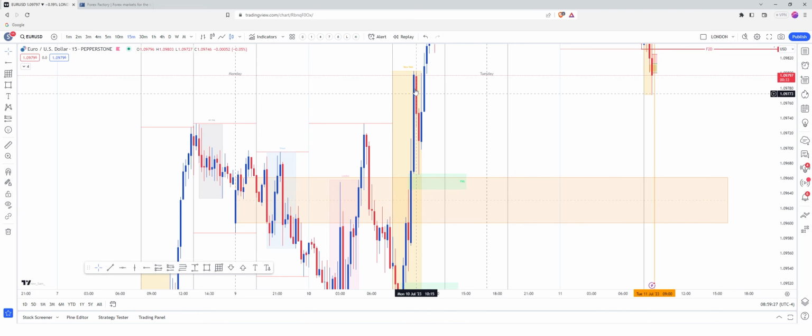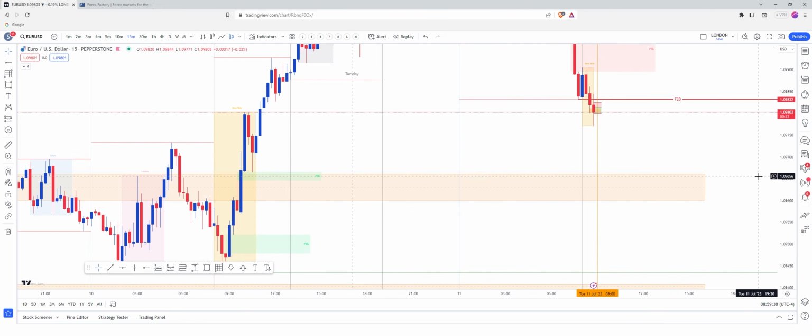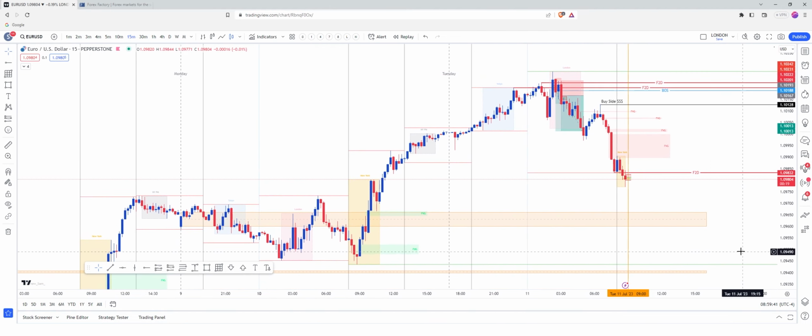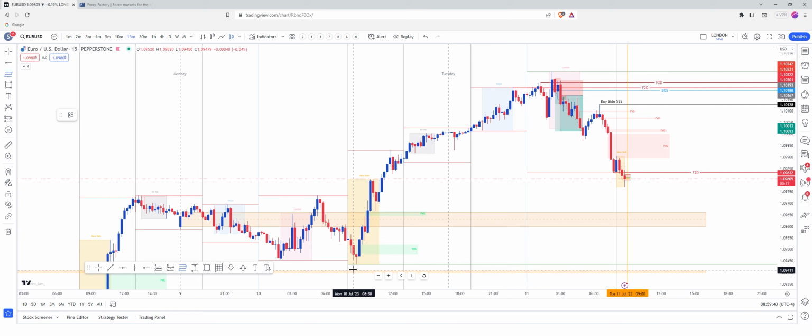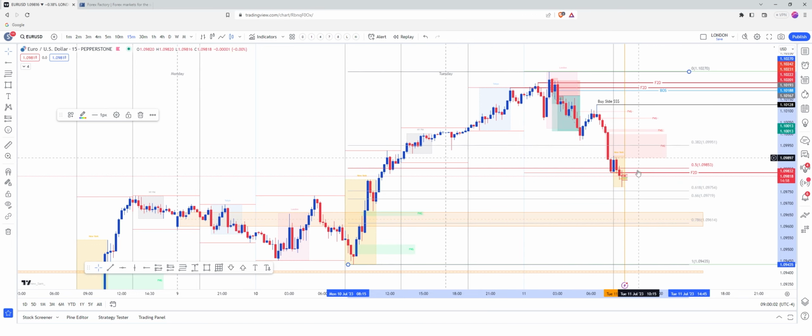So we're just tapping the top of this 15-minute order block, so could potentially get a reversal here. We've got a fair value gap into the new week opening gap down here, so we could come even further down into the new week opening gap at the start of this new hour. Let's just check our premium to discount from the swing highs to swing low to the swing high. So again, we're just into the 50% of the range. Not quite an optimal trade entry, which would be this order block here. This is an area where we have come into a discount, and potentially if we start pulling back into this London range, we could see a reversal.